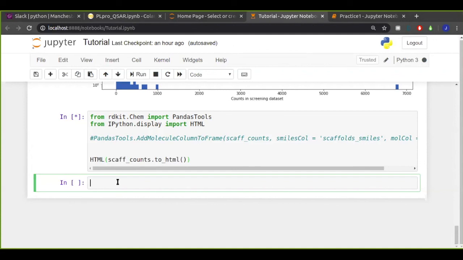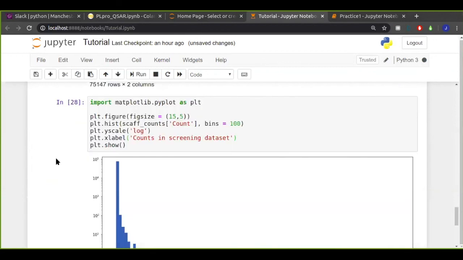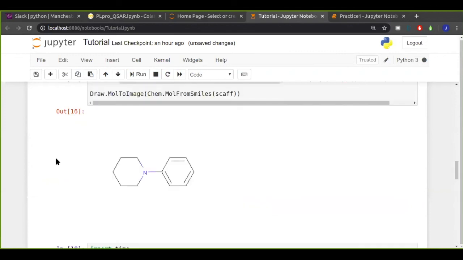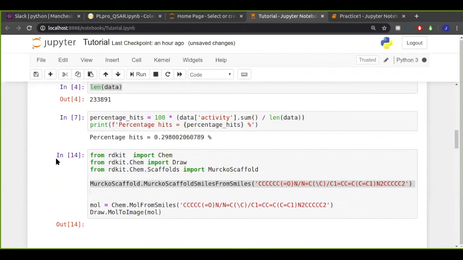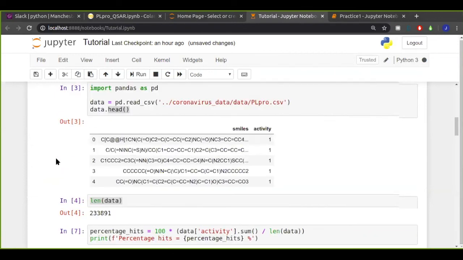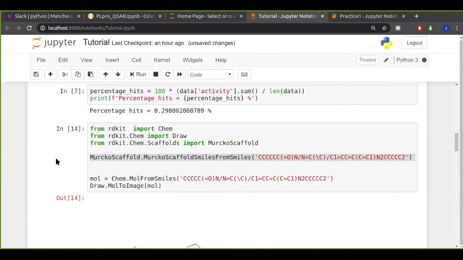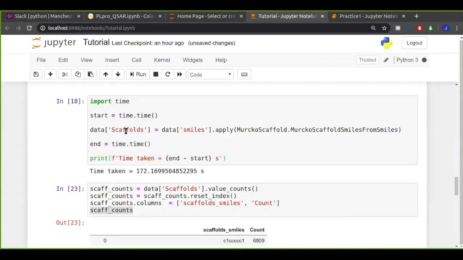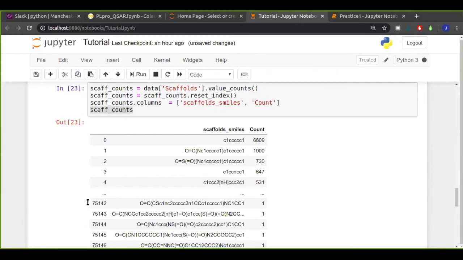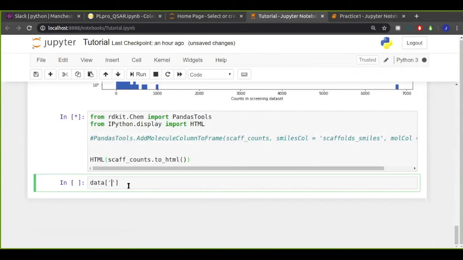I won't be able to show the data at the moment because it's still running the cell before, but we can have a little look at what it did have. We know that it has a column called scaffolds, which I define up here. There we go, data scaffolds. Sure taking its time.